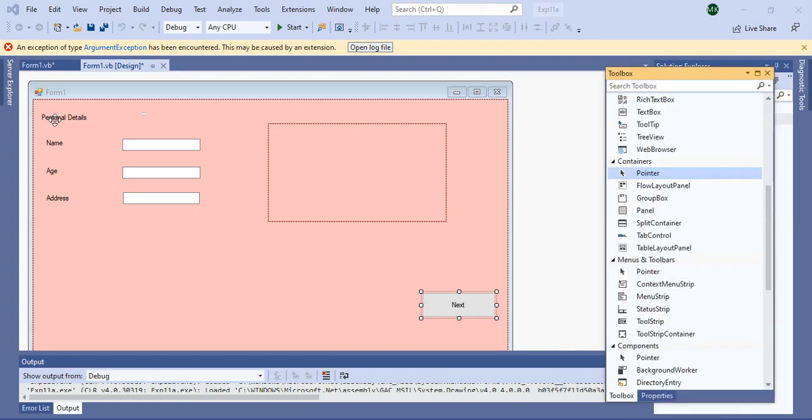So on panel 1, we have to display four labels: personal details, name, age, address, three text fields, and one button. And on the button, you have to type the text next.